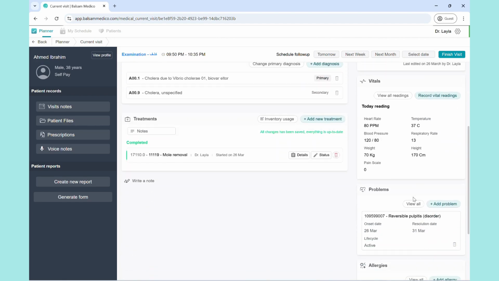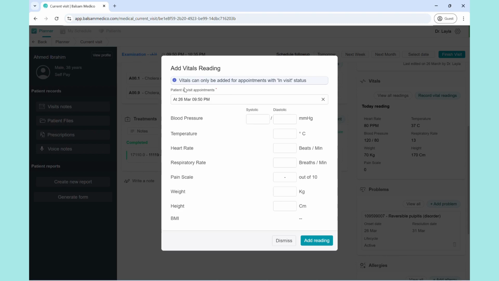Next is the vitals. For every visit, you should record the vitals for the patient. To record, click on Record Vital Readings, and you'll notice that the vitals can only be added for appointments with in-visit status, such as the status we're in right now. You'll add the vitals here,